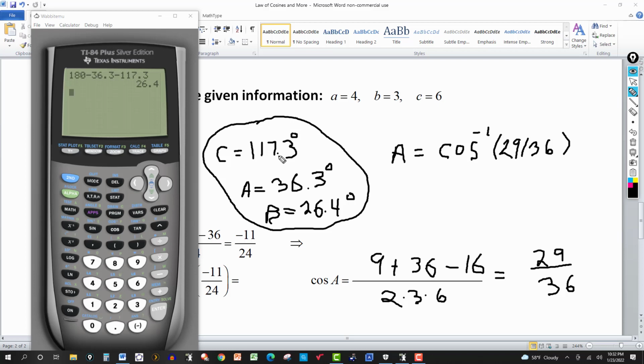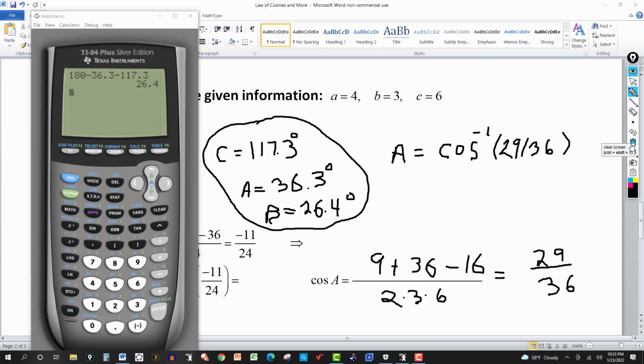Now, one of the reasons that I found the largest angle first is because sometimes it's a little bit less tedious to use the law of sines. Once you know that the remaining angles are acute, you won't have the issue with the supplementary angle. Are there two solutions? You won't have that issue if you know that the angle you're finding is acute. So you don't have to test the supplement to see if that's going to work, because you already have an angle that's obtuse, so you know you can't have more than one. You can't have a second triangle then. But just to show you here,